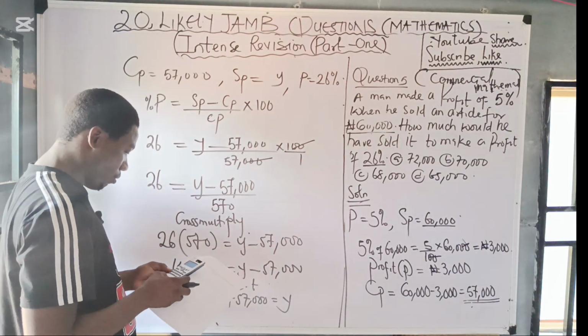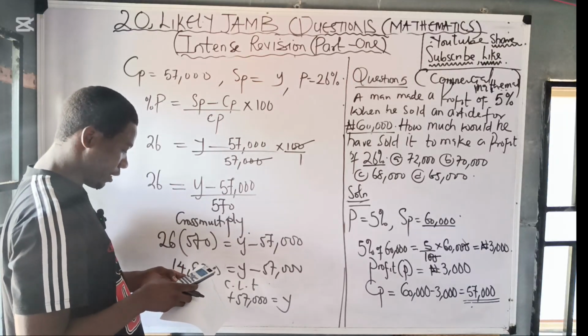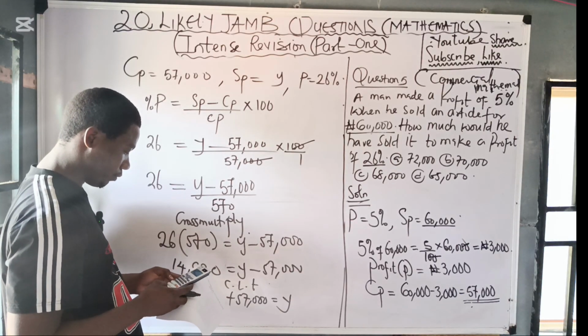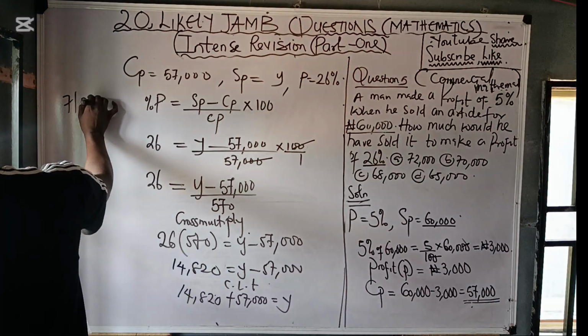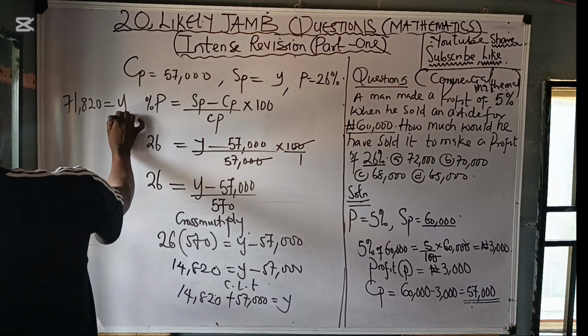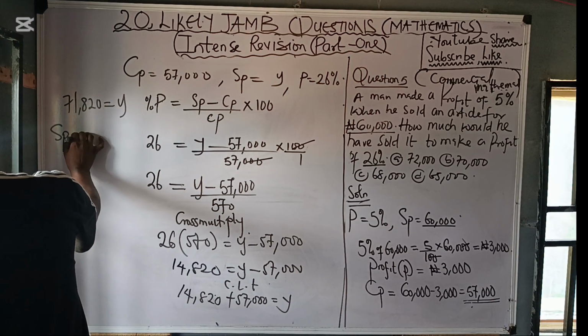So what do we do? Plus 57,000. That will give us 71,820 equals Y. So the selling price now is